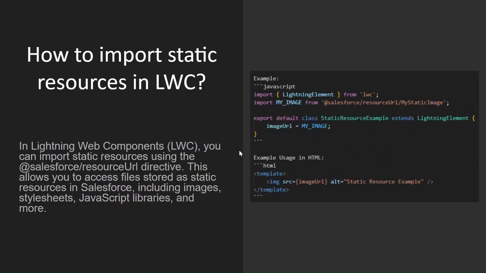So how to import static resource in LWC? In LWC, you can import static resources using the @salesforce/resourceUrl directive. This allows you to access files stored as a static resource in Salesforce, including images, style sheets, JavaScript libraries, and more. And you can see the same in the example code here that we have imported myImage from this @salesforce/resourceUrl/name of the static resource, and we have used the same URL inside our HTML